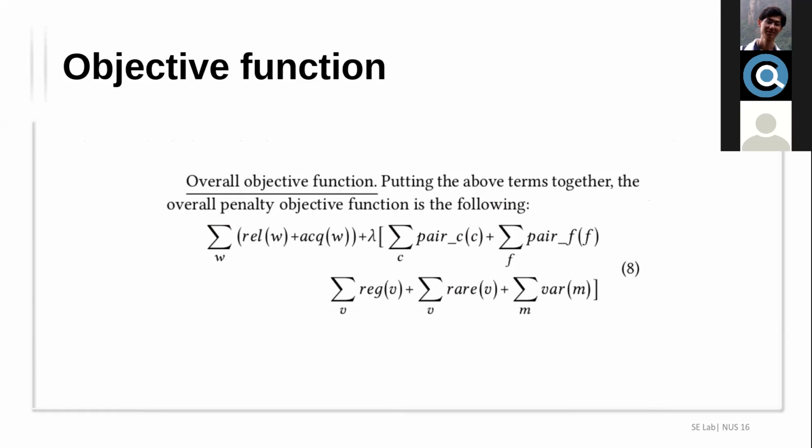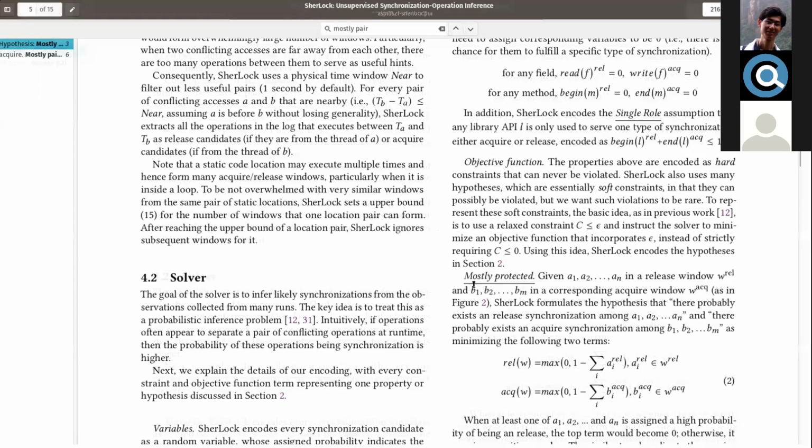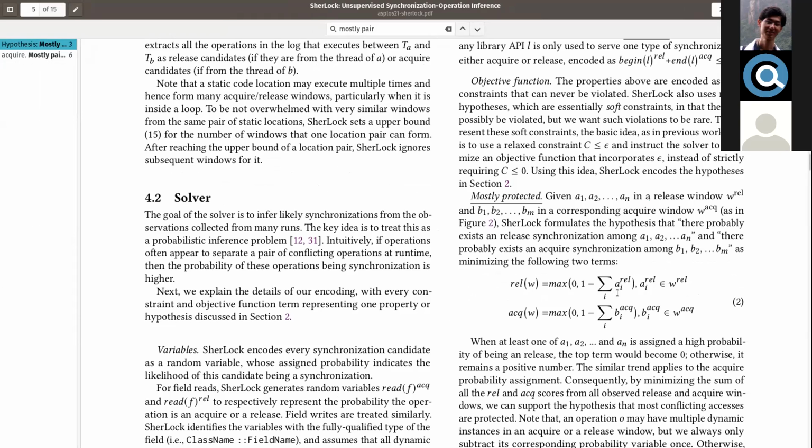And what does that mean? I think this part should be very clear. This one is part of the mostly protected hypothesis, and it is defined like this: for each event, the probability that it is a release or acquisition is summed up, and then we take 1 minus that, and the release of that whole window is supposed to be as low as possible. What does W mean? W is a set, right? W is the window. So the release of the window is equal to